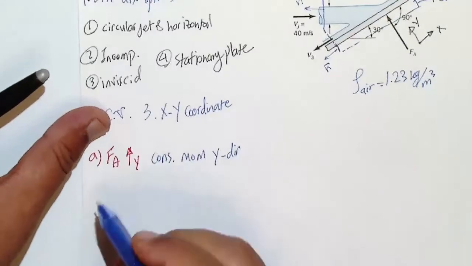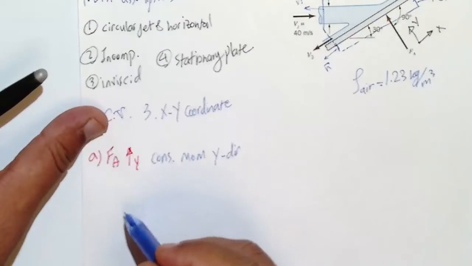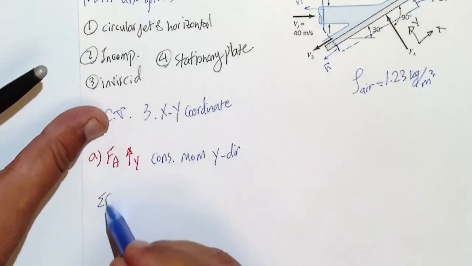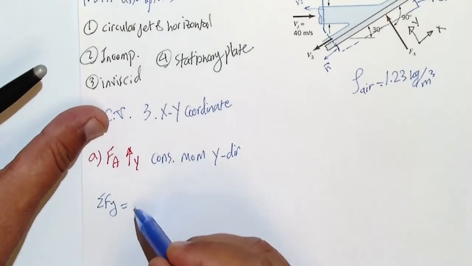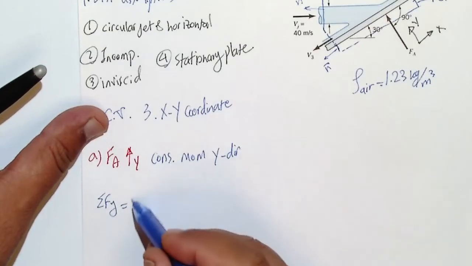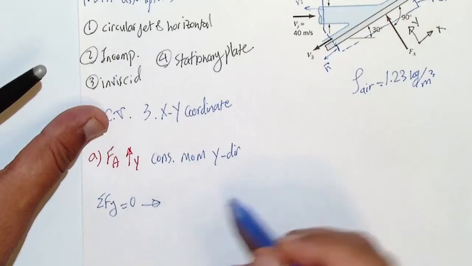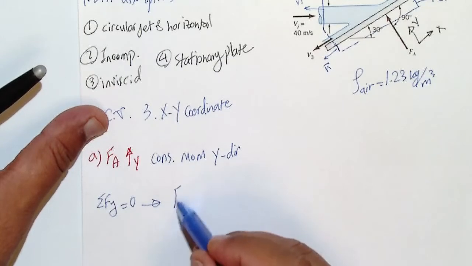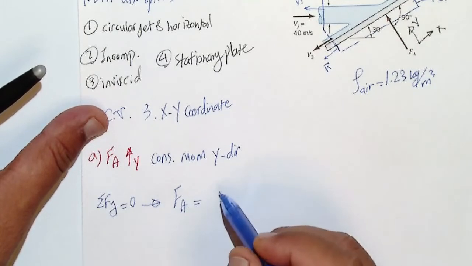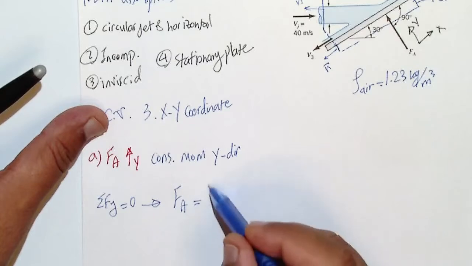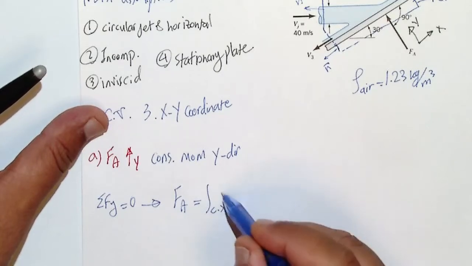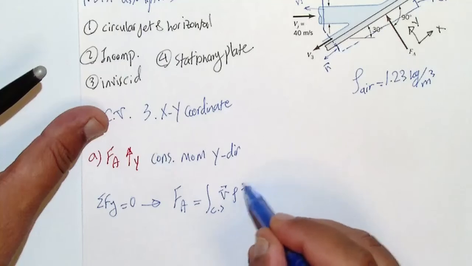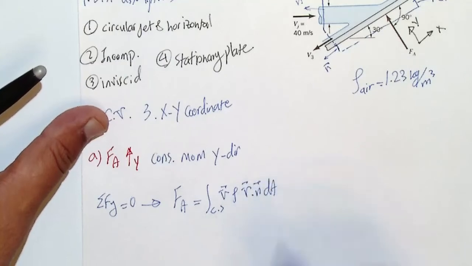So if you write it down, sigma Fy has to be equal to 0, because it's stationary. And also, sigma Fy, which is Fa, has to be equal to the momentum, control surface, V rho V dot n dA. Okay,